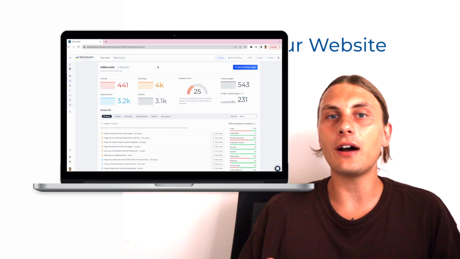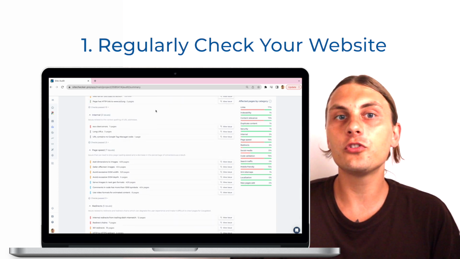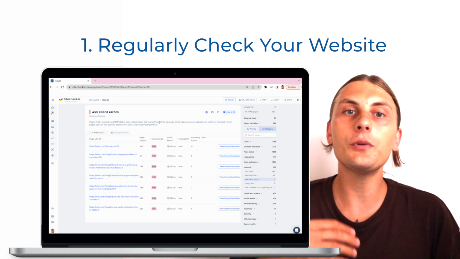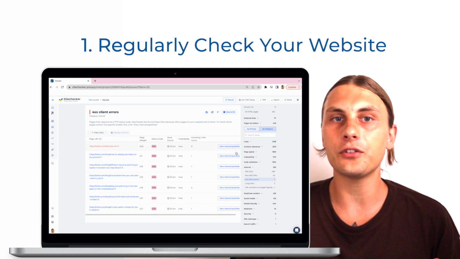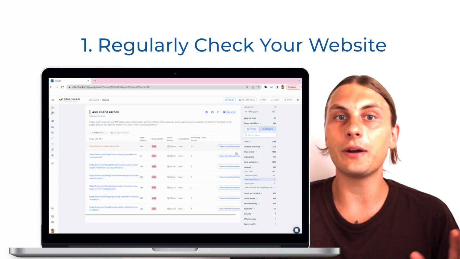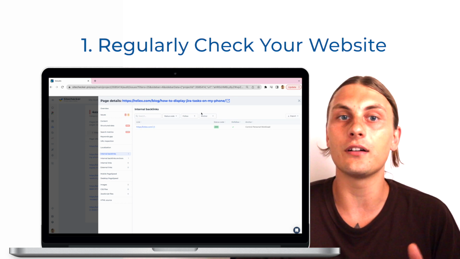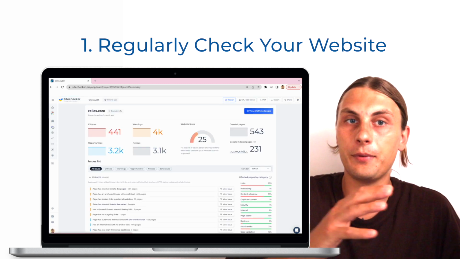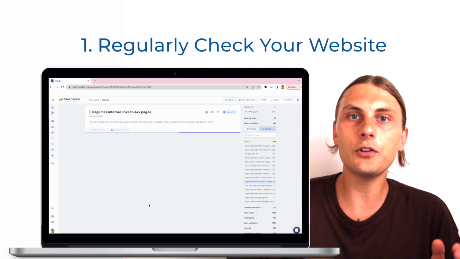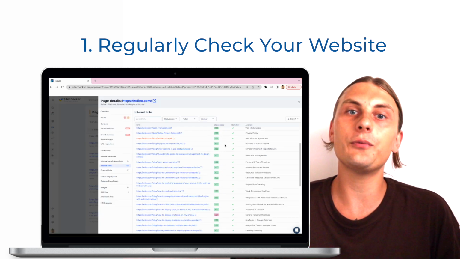Here's a quick example of how you can find broken links on your website using the SiteChecker.pro platform. You will just need to add your domain to the tool, and after the site audit is done, you will get a list of all the issues we have found on your website, including broken links. Here you can see all your broken links, and by clicking the View Backlinks button, you will be able to see where those links are located as anchors on the other pages of your website. Also, this will work vice versa. If you want to see all the pages that have anchors to 4xx pages, no worries, we have also covered